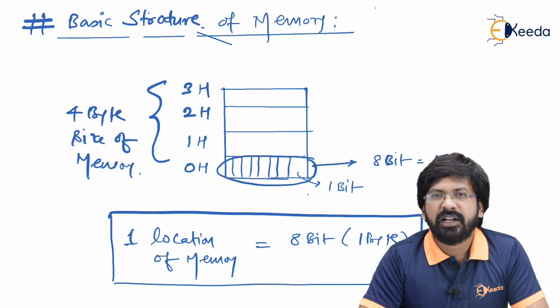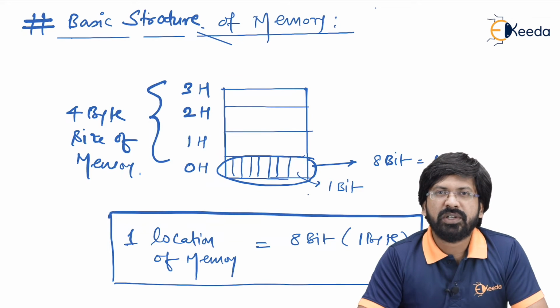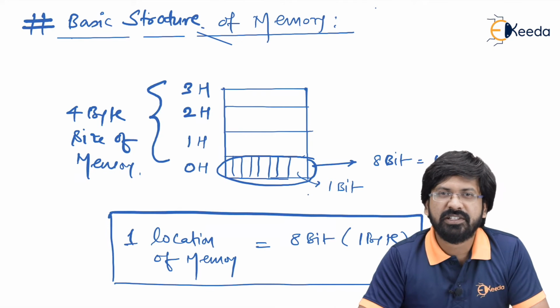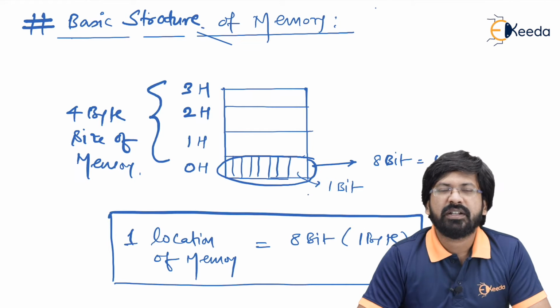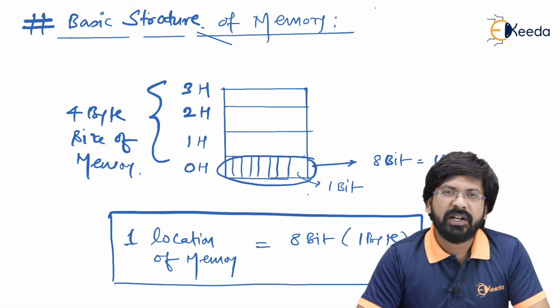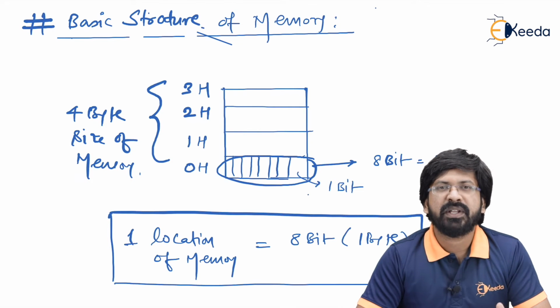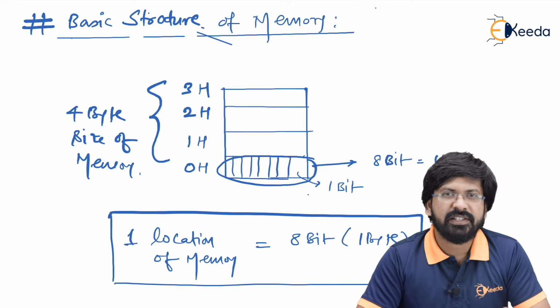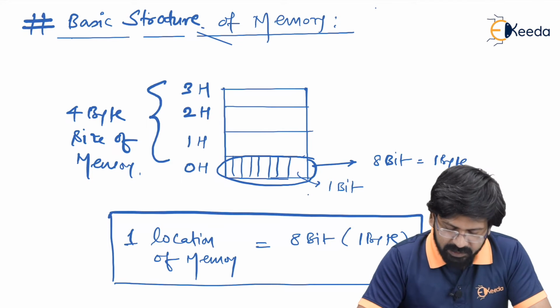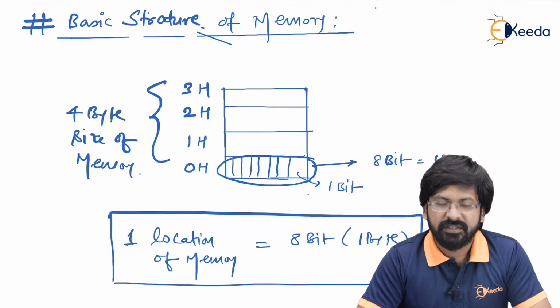So memory can be defined as number of locations. Every location has got a unique address. Of course, floor numbers are unique in case of building. So here, whatever numbers I have given are never going to repeat. Every location will have a unique number, and those unique numbers are called as respective addresses for every memory location. Every location size is 8 bit, so you can fit 8 bit data inside that, right? So what is exactly meant by 8 bit? Let us understand this.